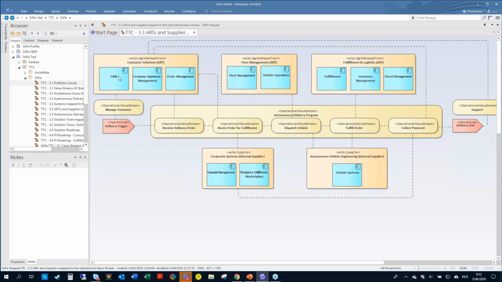I've used some ArchiMate for that, but do note there are other languages you could use. For instance, in the context of the Agile release train for the consumer solutions, there is a CRM system, customer experience management, and order management being allocated to that, which means that the teams inside that are empowered to build the features and break those things down in stories, in the context of sprints and a PI comprising a couple of months, realizing the right amount of value in need of this